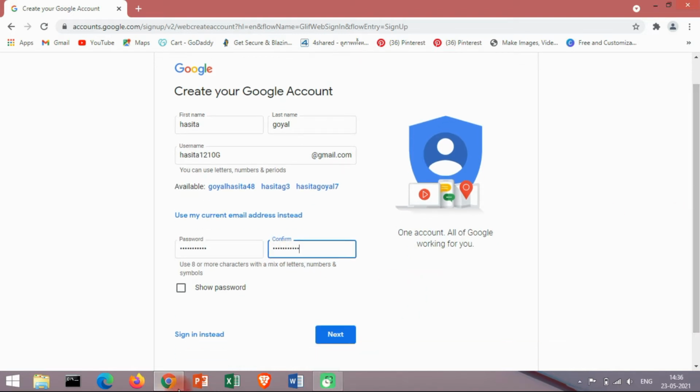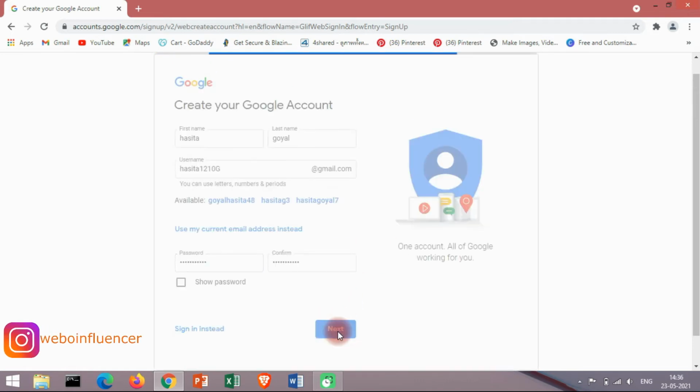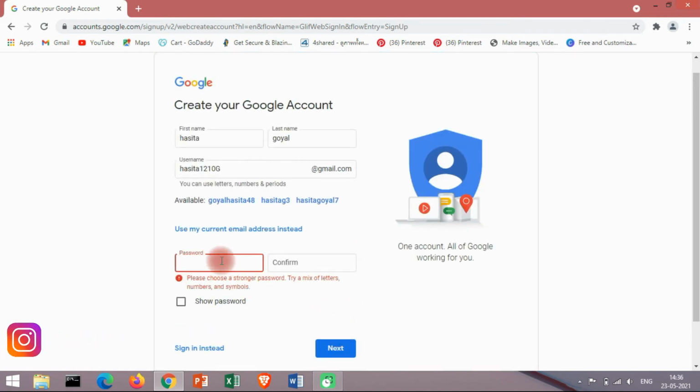So I will repeat these steps. First, open any Google web browser, then open the Google site, then type Gmail new account creation, then click the first link. Then this interface will open, and then fill in your first name, last name, a username which will be unique to you, and password, then confirm password, then click next. Sorry, my password is not strong enough, so I have to go for another password. So sorry. Let me see.